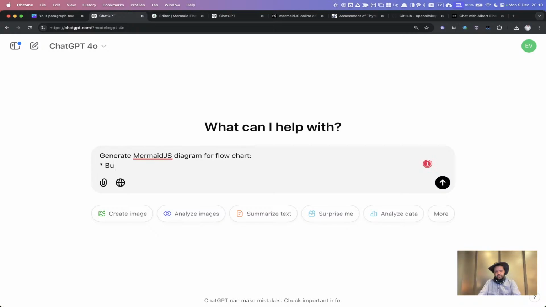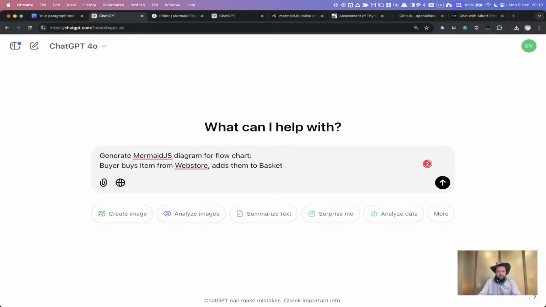So, the buyer buys items from a web store, adds them to the basket. We can even just write it as plain text. Large letters probably will become the nodes. Buys